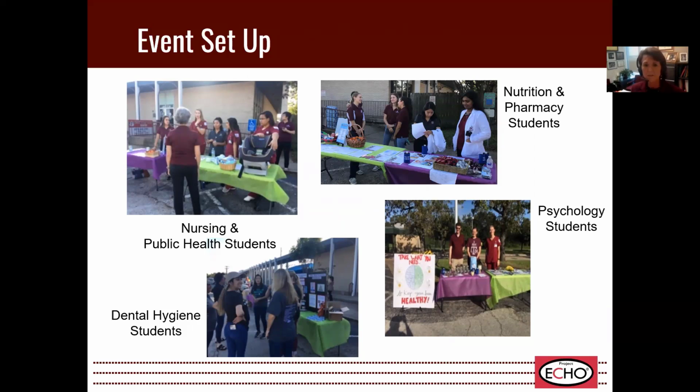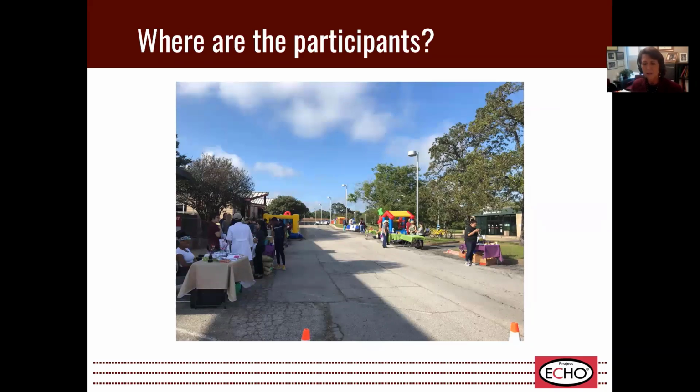And so this is our demonstration of our event setup. And so you can see the disciplines that we had. What we did is we aligned the disciplines at tables together, and so they were sharing messages. That was intentionally done so that they would dialogue together and could share information with the individuals participating as well as with each other. And so putting our students intentionally together. Next slide, please. And so we got there, we got it all set up, but where are our participants? You can see the streets are bare, and so that was a little bit of an issue. So next slide, please.